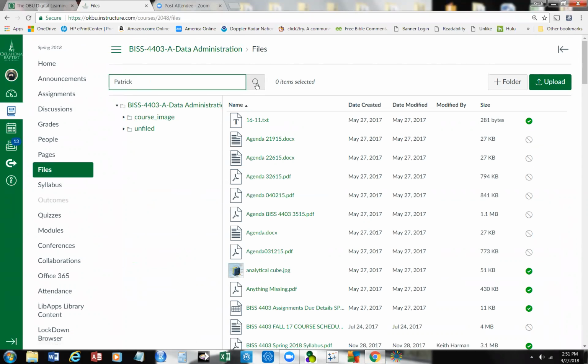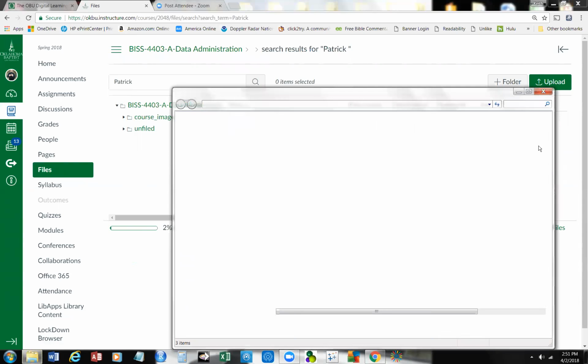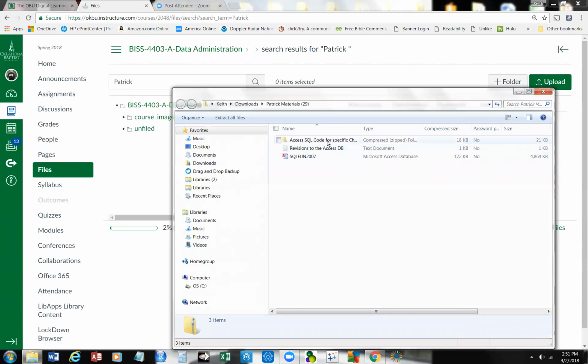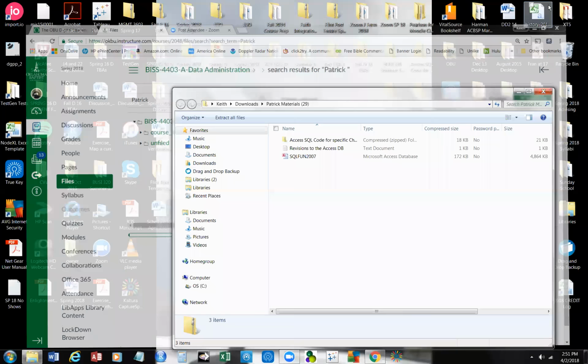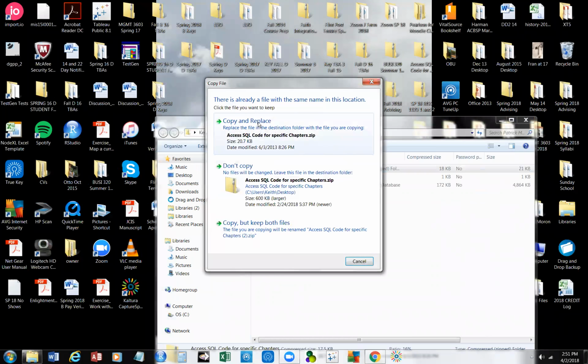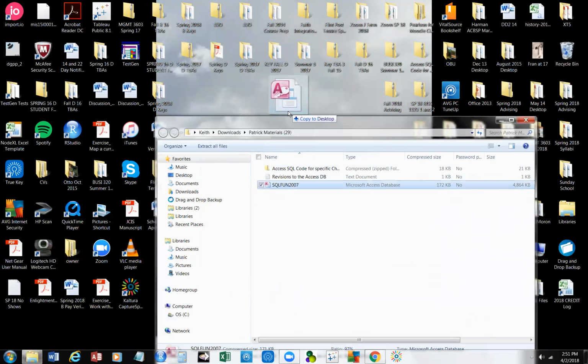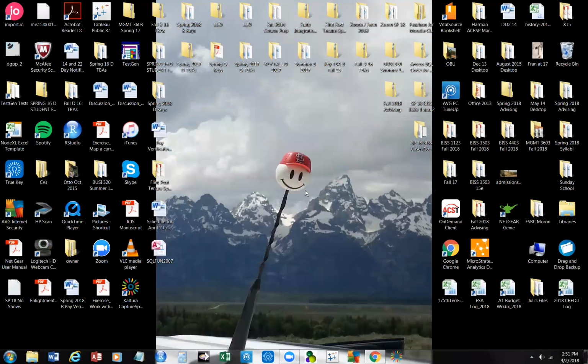Now let's do just a quick search. And there's the materials. And we'll download it. And I'm going to diminish my browser so I can get the access code for the specific chapters. I'll copy and replace. And then we'll get SQL Fun. And we'll put it out there. So here's SQL Fun. And then let's find that code